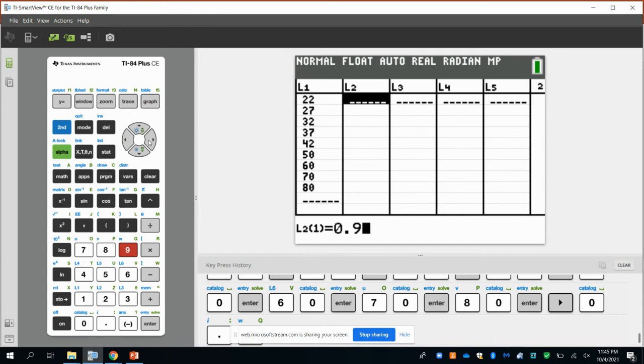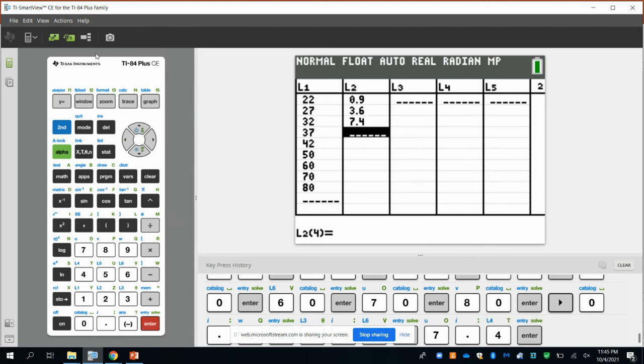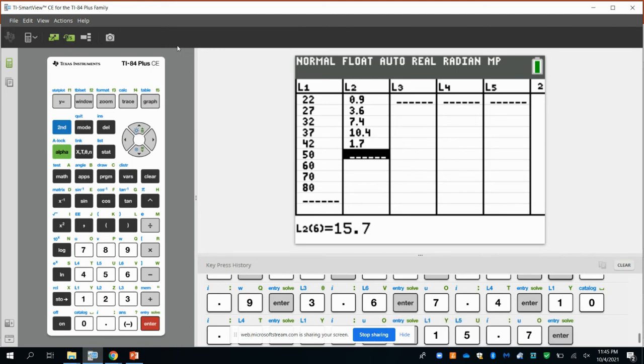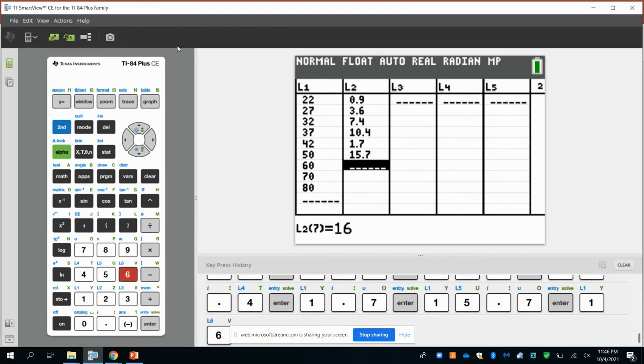First one, 0.9, 3.6, and then 7.4, next one 10.4, and then 12.7, 15.7, 16.2, 13.1,